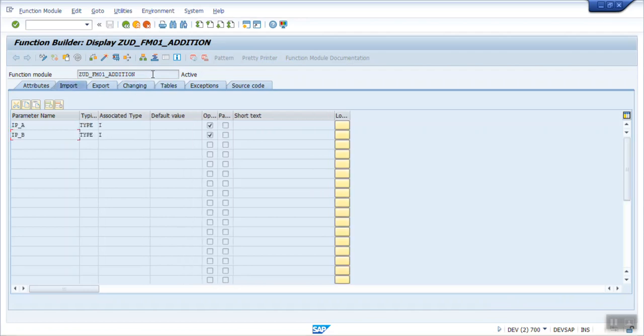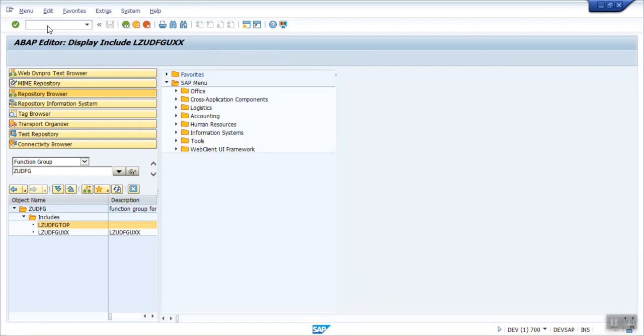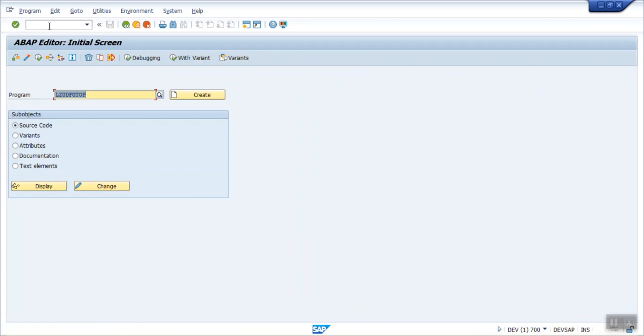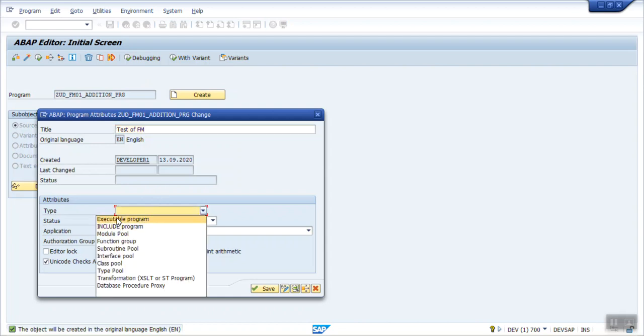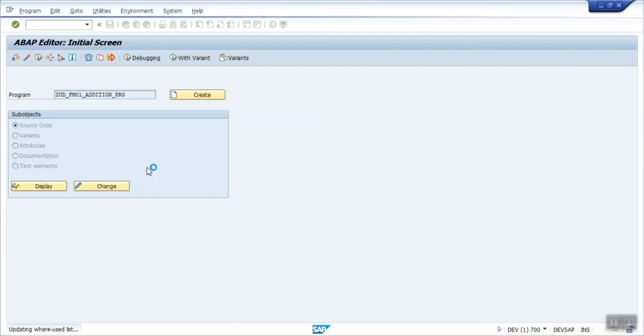Now let's see how to call this function module through a program. For that, go to T-code SE38. I cannot give the same name here, so I will just add PRG, that is program. Create icon, test of FM, select executable program, save as local object.